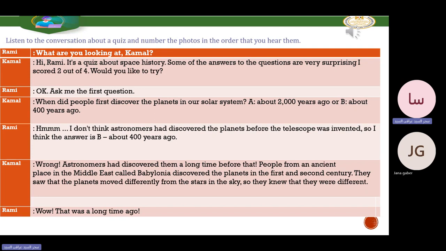Don't worry. Here's the third question. Who invented the telescope? A. Galileo, or B. Hans Lippershey? Well, Galileo improved the design of the telescope, but he didn't invent it. So the answer is B, Hans Lippershey. That's right. Hans Lippershey lived in the Netherlands in the